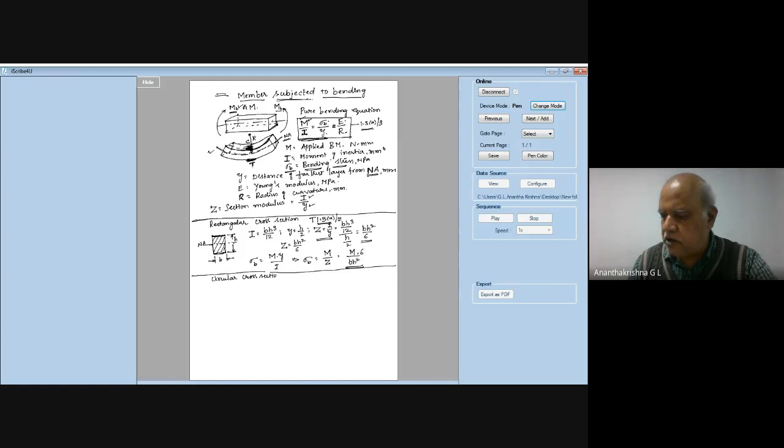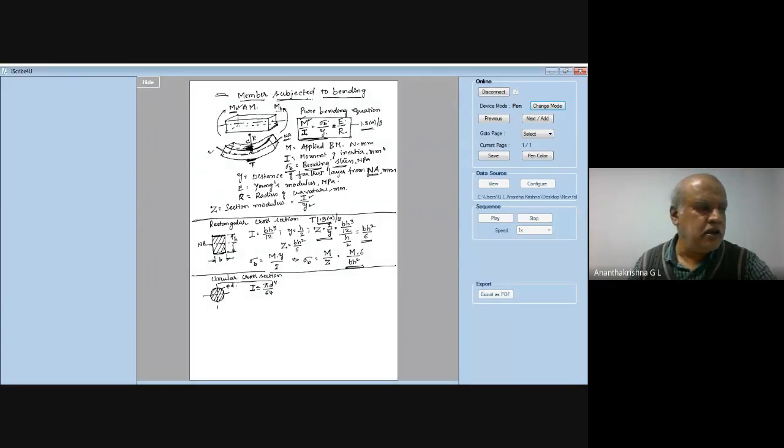I'll come to circular cross section, solid circular cross section rather. So the solid circular cross section will be something like this, and it's of diameter d. So the value of moment of inertia in bending for solid circular cross section is given by pi d4 by, what is that? That's given in the table there, pi d4 by 64.